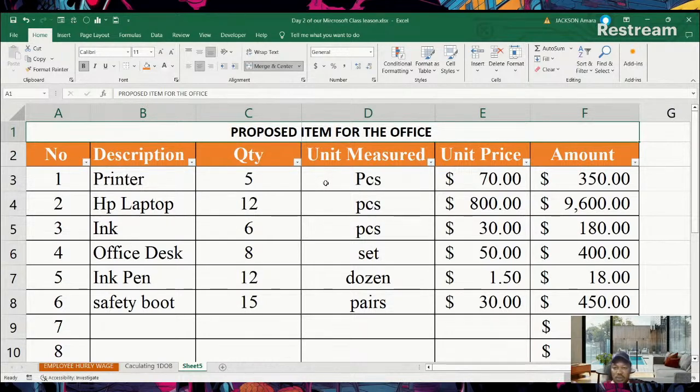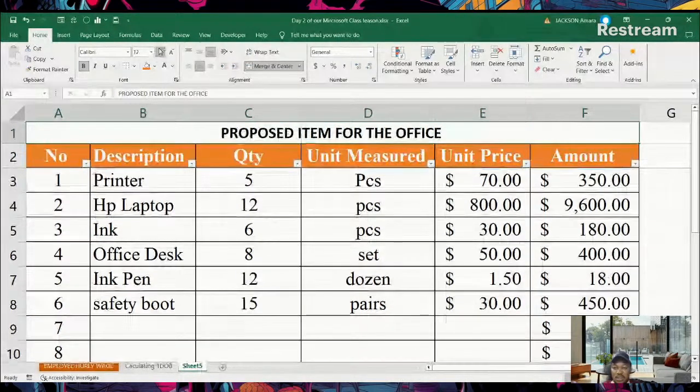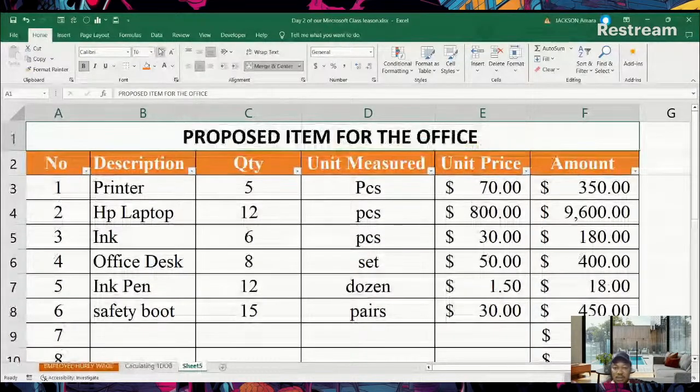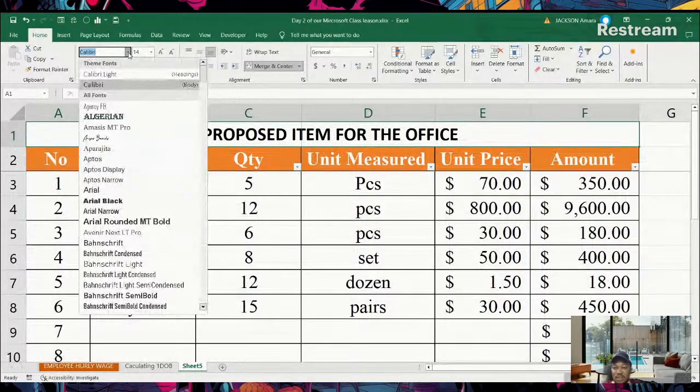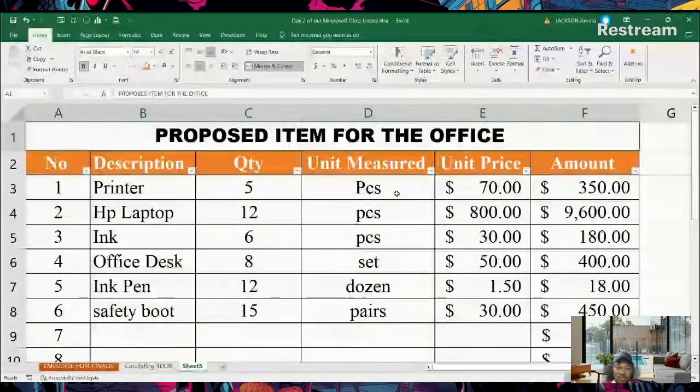We want to increase the font size of our caption here. Change the font size, change the font type. This is what we need. Now I also want to change the color of